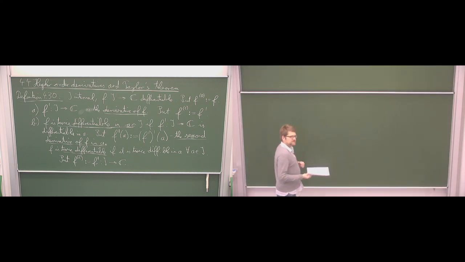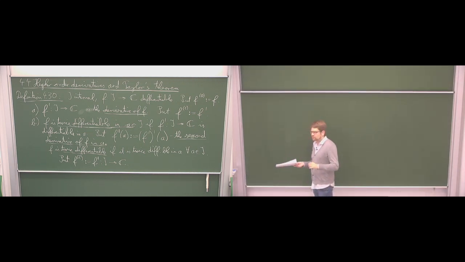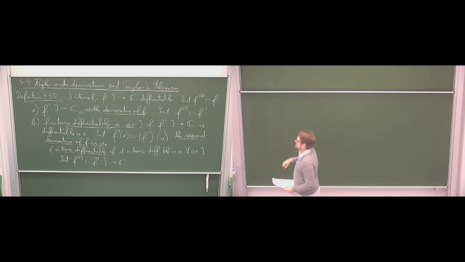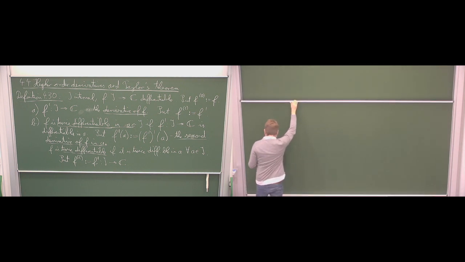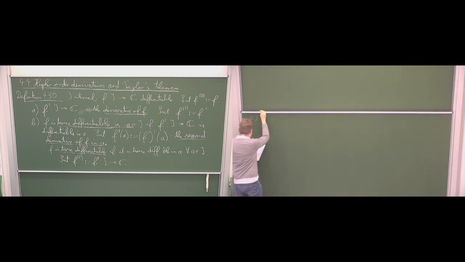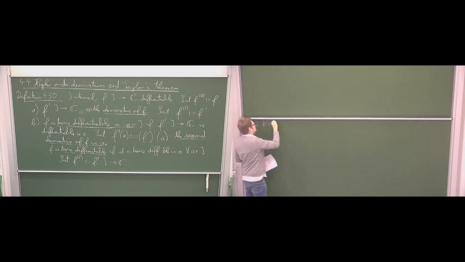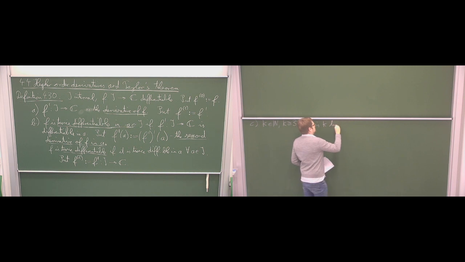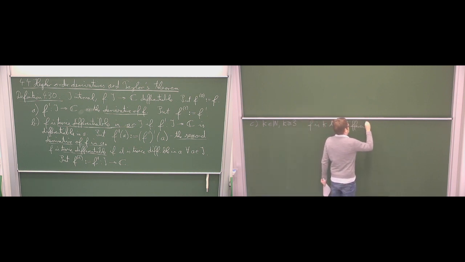Namely, I assume that something is k minus 1 times differentiable and define what it then means to be k times differentiable. This is basically what I did here in the case k equal to 2. So part C of the definition: we assume we have some number k in N, which is 3 or bigger. We say that f is k times differentiable in A